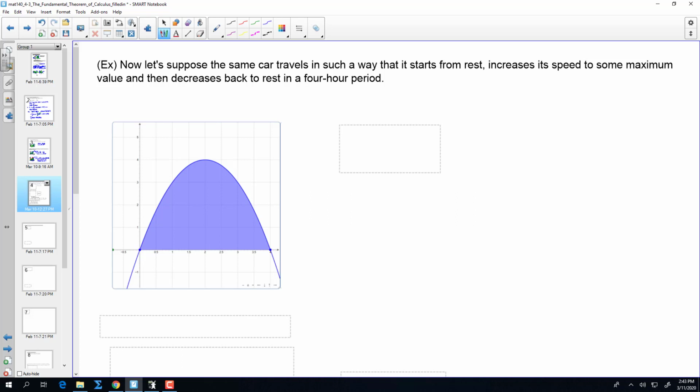Okay? And I could come up with that area under the curve by using the limiting process, using rectangles, getting better approximations, that sort of thing. That's not what's important right now. What is important is I could also even define an accumulation function. So if I defined an accumulation function such as s of t equals the integral from 0 to x of v of t dt. So if this function right here is my v of t now, so it's my velocity,